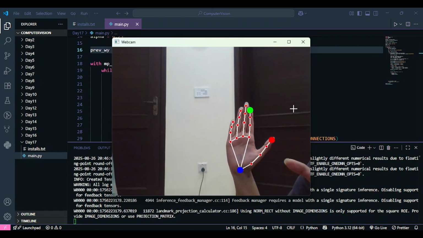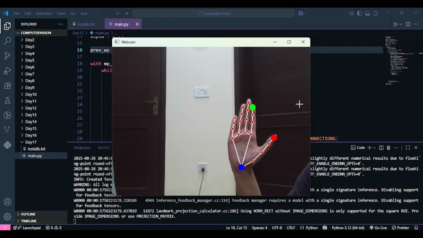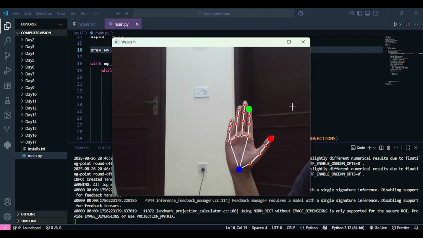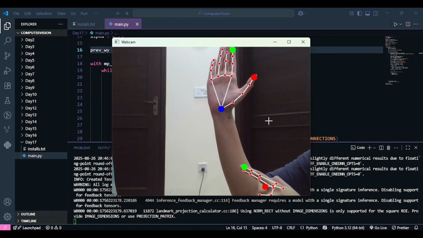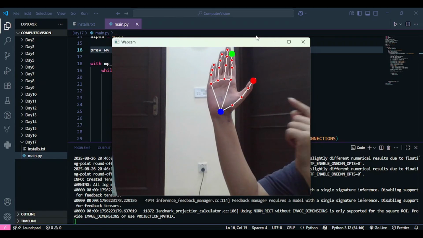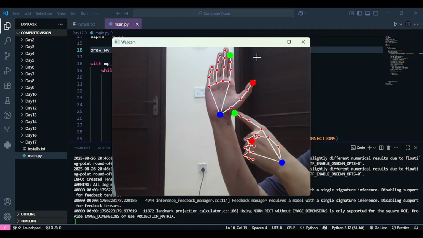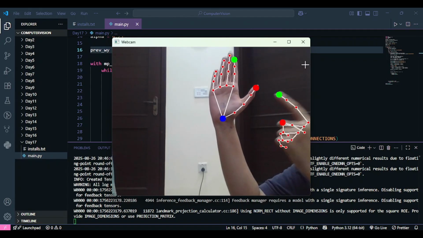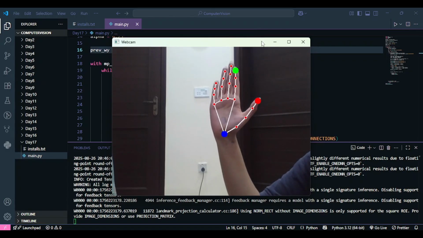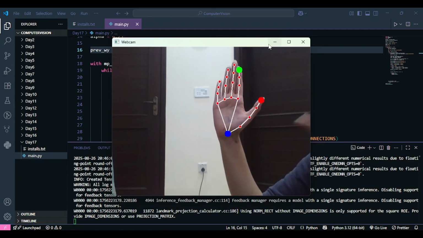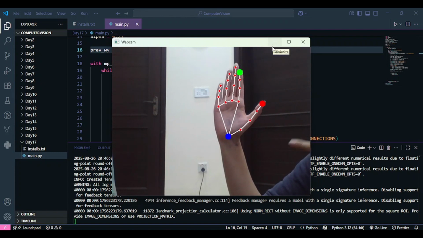Now, why did we create the previous wy variable? Just so that we can calculate the difference, so that we can know whether we're trying to scroll up or down. And I'll show you how. If this was 50 and I move my wrist up, it was 30 now. Let's calculate the difference: the new y value minus the previous y value. So I'm going to do 30 minus 50. What do I get? A minus value. It's minus 20, but I'm not concerned with what value I get. It's a negative value. So I'm going to tell my program that if the difference is a negative value, then this means you have to scroll up.